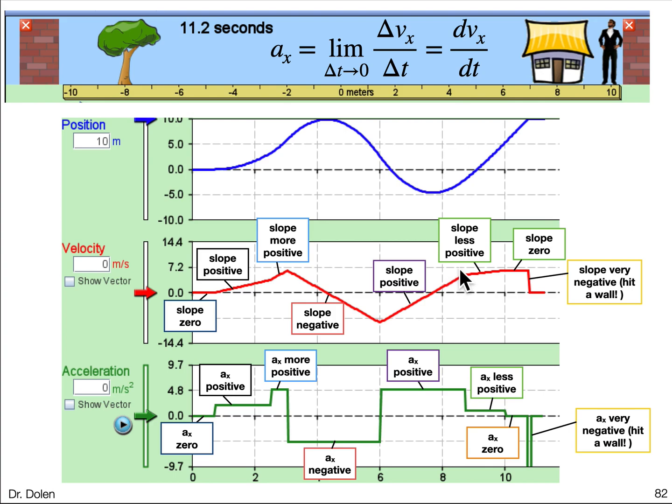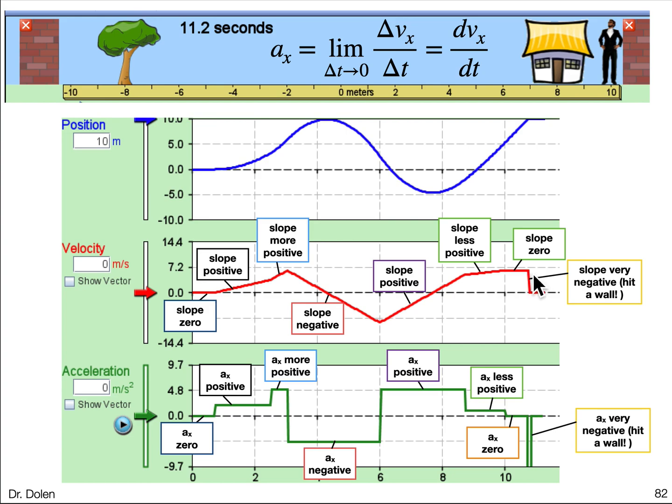During this region, we have positive slope, corresponding to positive acceleration. During this region, we still have positive slope, but it's less positive, so the acceleration is a smaller number, but still positive. Here we have 0 slope. Right, we're still moving, we still have positive velocity, but we have 0 slope, so we're moving, but our speed is not changing. So in that region we have 0 acceleration, but we're still moving quickly towards the wall,